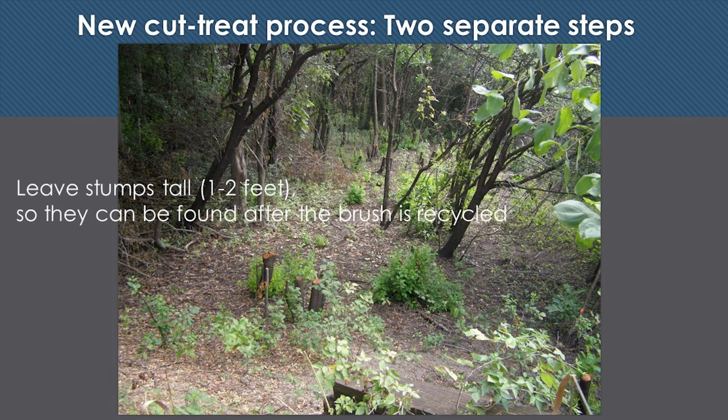The only time you don't want to cut and stump treat is when the plant is starting to break bud and make new leaves and new stems. It's taking its energy out of the root system and pushing it up and out, and it does not take the chemical in very well. Anytime the temperature is above 35 degrees, above freezing, from August all the way through the winter, not this year,